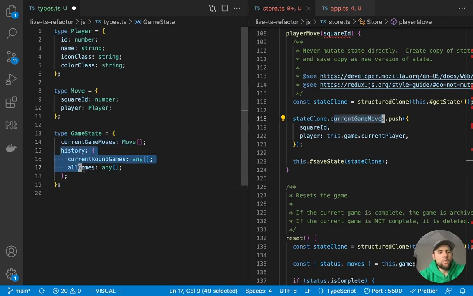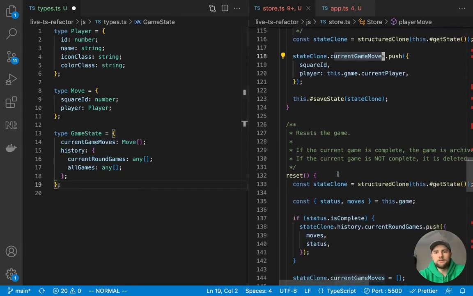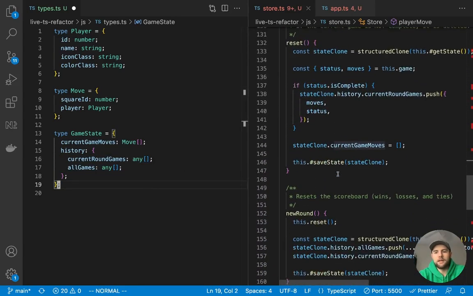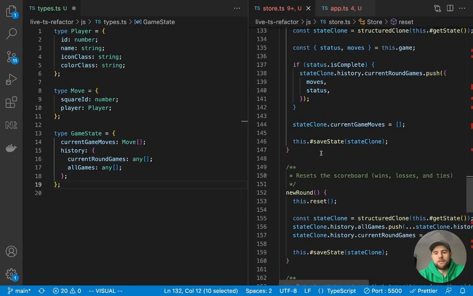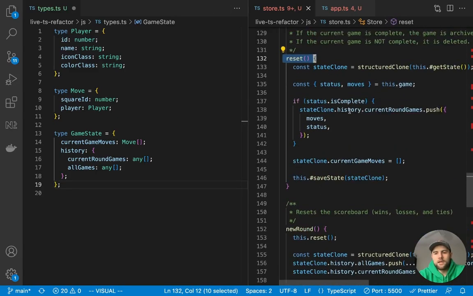Now to figure out what we're going to type the history object with, we need to go down into the store class and figure out what we're doing. So in the reset method, what we are doing is pushing games to the history object under the current round games property.